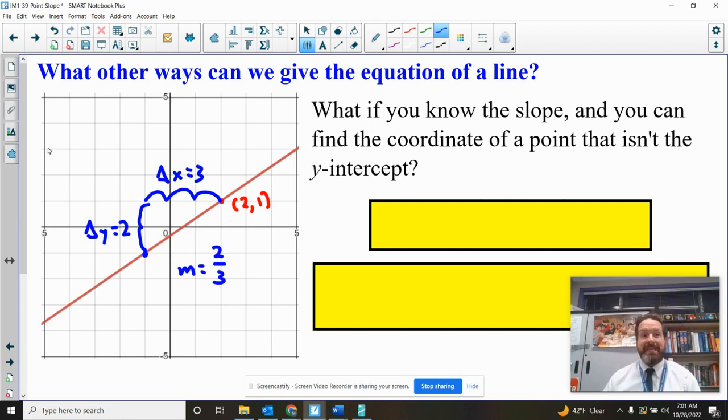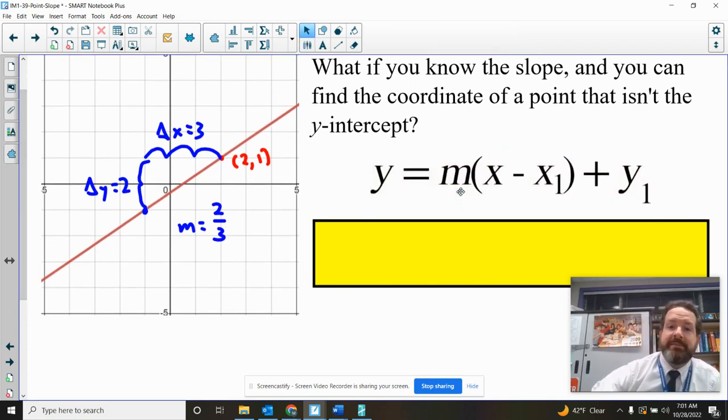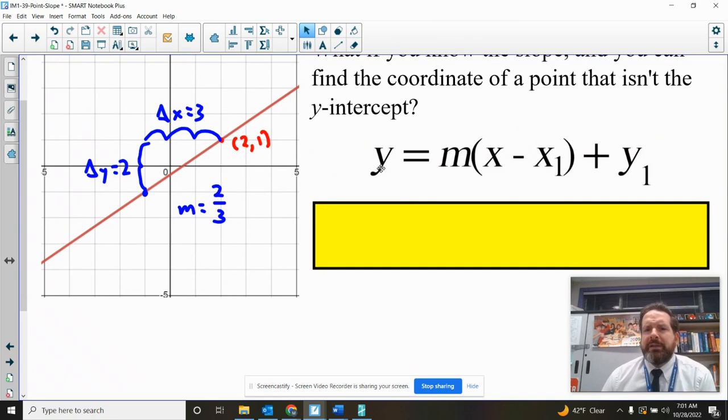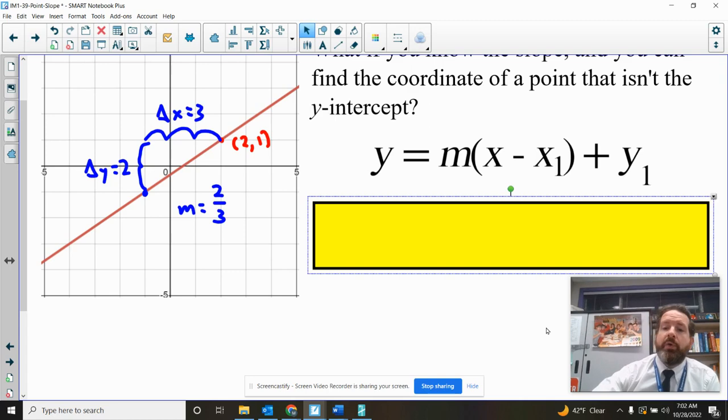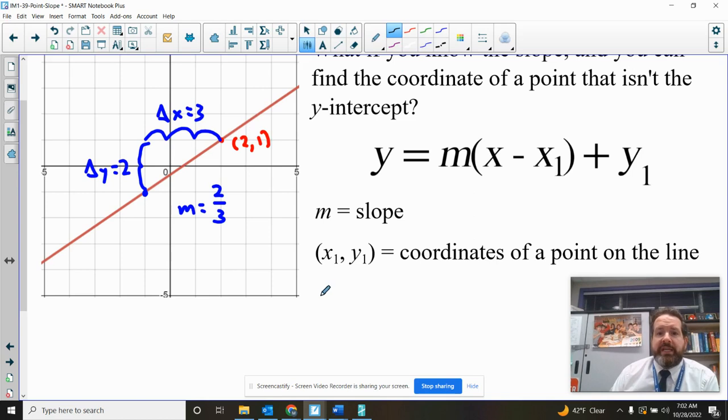We now have the information we need to use the point-slope equation. And it looks like this. Here, the letter y is going to stay the letter y. The letter x is going to stay the letter x. M is the slope number that we found. And the x1 and y1 are the coordinates of the ordered pair that we found that is a point on the line. So for this example, I would say my equation is y equals,